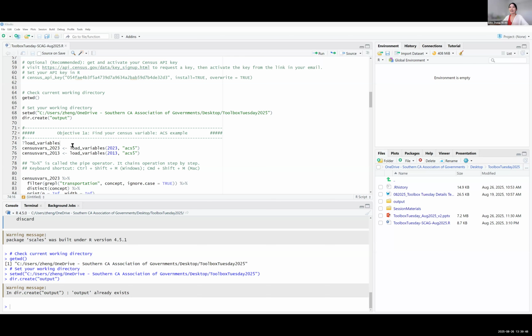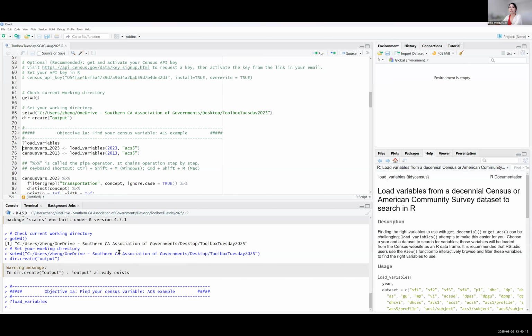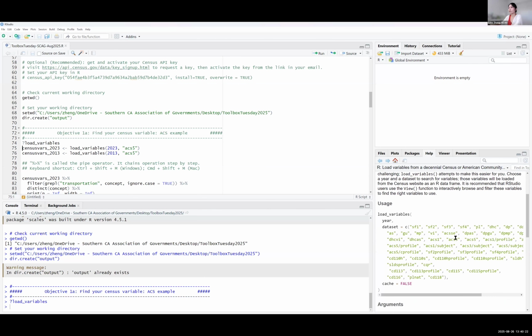Whew. All right. Our first objective: find your census variables. The function we use to find our variables is called load_variables. Sometimes if you're unsure how to use a function, one way to do it is to type a question mark and then the name of your function. So let's try that. ?load_variables. Here in the bottom right, it gives you a description of this function and how to use it.